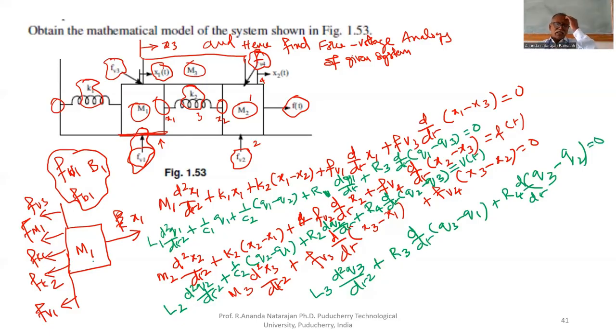Now we can write all these equations in terms of current. We wrote in terms of charge. We know that I equal to dq by dt. Replace in terms of current. What you will get? The first equation is